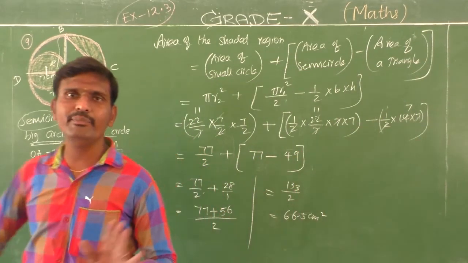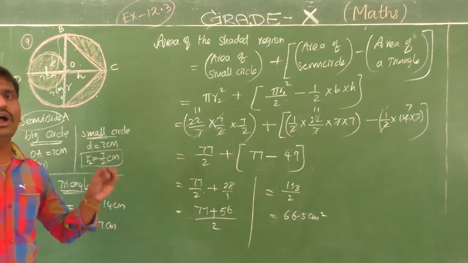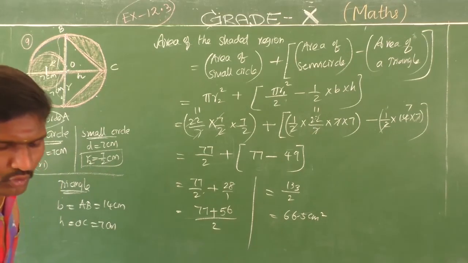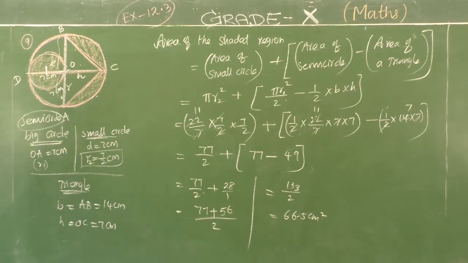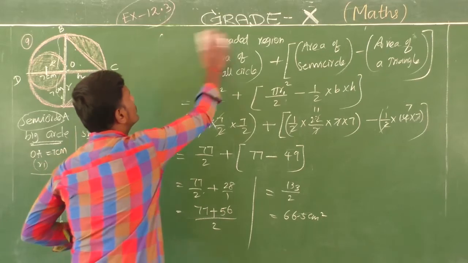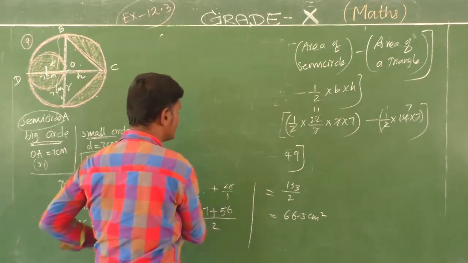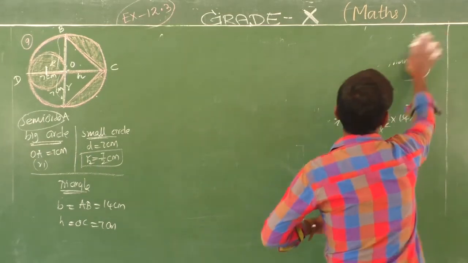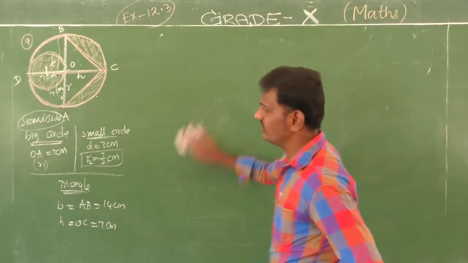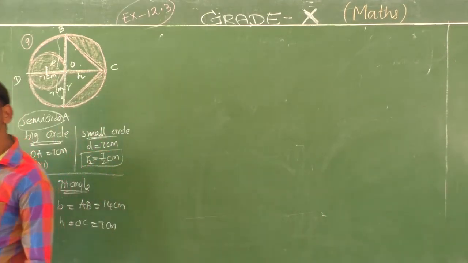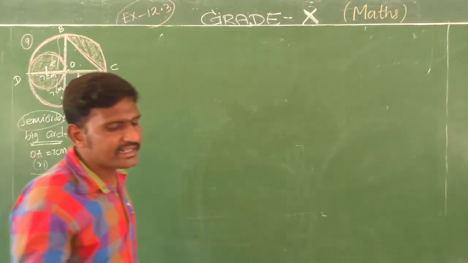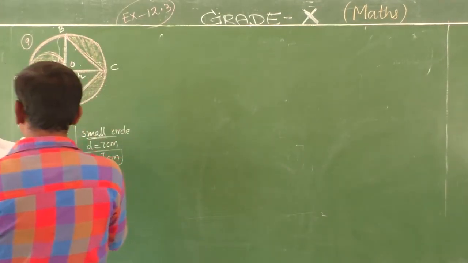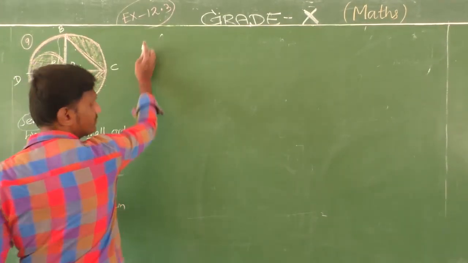So this class is going to complete now, and before that I give you the homework today for the easiest sums. The questions are easy, and I am going to give you those questions. I hope you all enjoyed this class, because this is a lower class based on circle, square, triangle, rectangle. Rectangle questions will be tomorrow, next class.